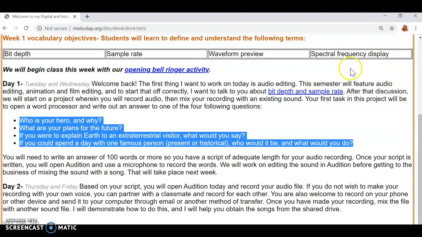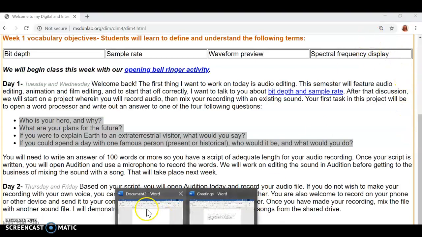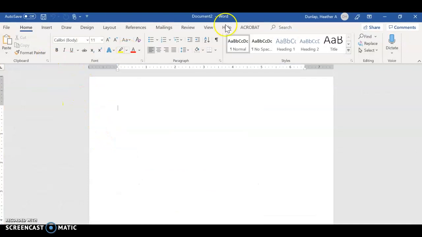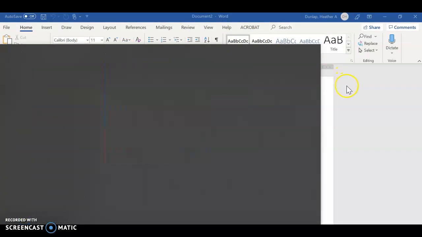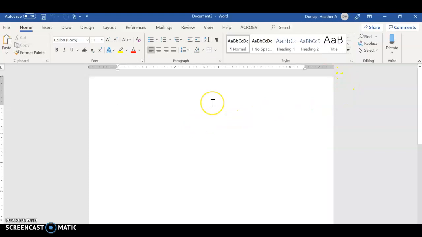What I'd like you to do with that is open up a Word document, just a regular old Word document, and that's right here if you can't find it, and answer the question. So I'm going to say, if I were to spend a day with a famous person, right? I need to put the space there. What I'm getting at, and I'm not going to type the whole thing in front of you live,